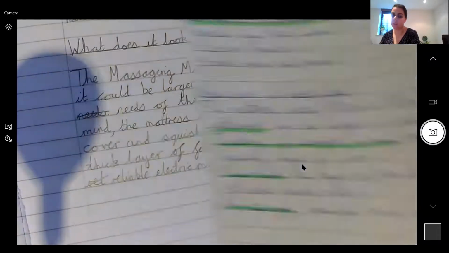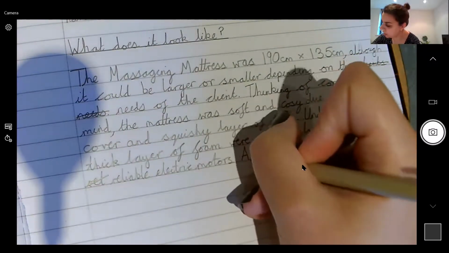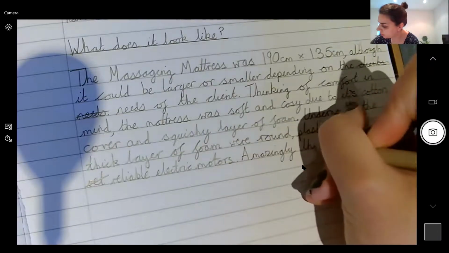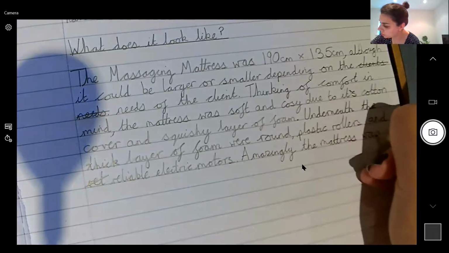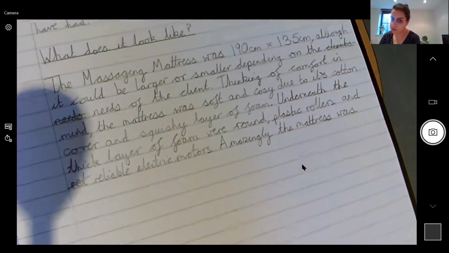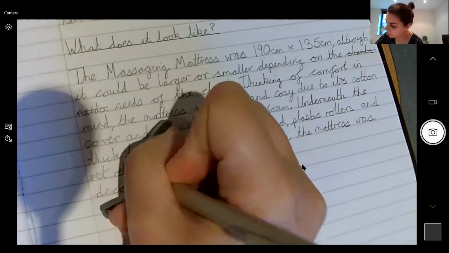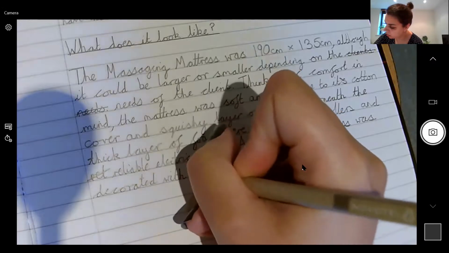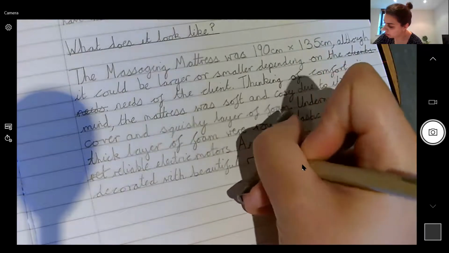So my last note in this paragraph, it says amazingly beautiful round buttons. So I'm going to write amazingly, again, sentence opener that I've highlighted. The mattress was, I'll check that it's focused for you. It's going to hurt your eyes. Decorated with beautiful round